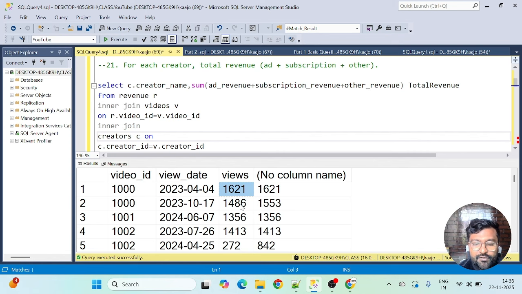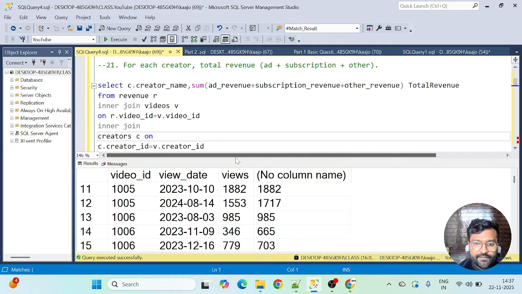Now when we get to the second record, this video was not watched more than 2 times, so what the function has done is taken the average of both of these, as 1553. This is absolutely fine. This will actually become the last 7-day rolling average, but in this case, for this video, it's actually a last 2-day rolling average. Okay, let's look at more examples. Wait, I'll show you.